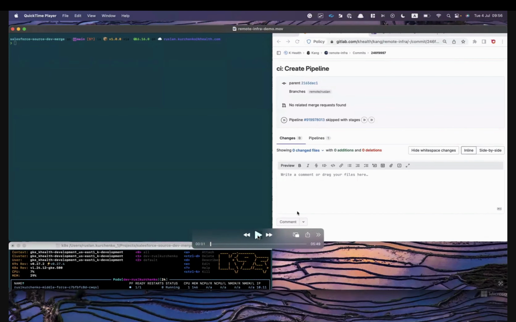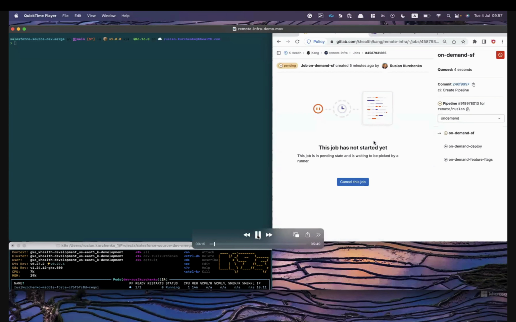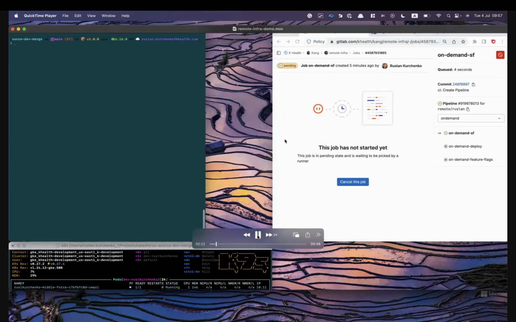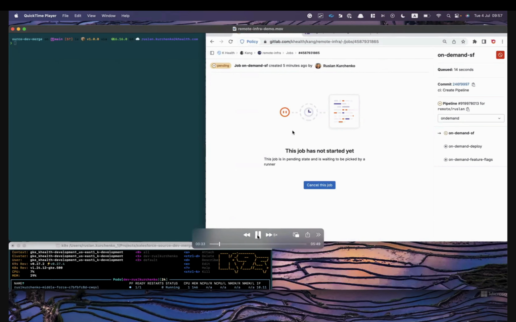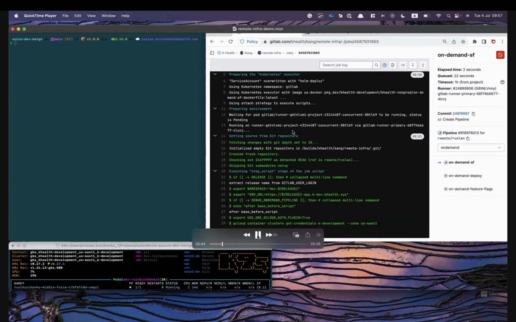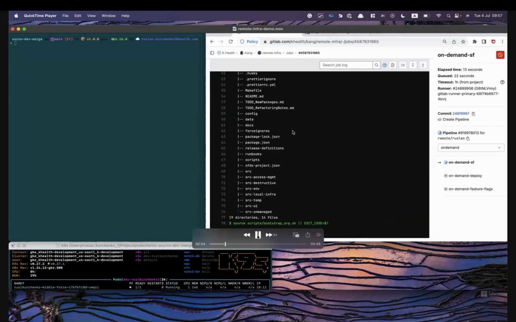Guys, I will talk about what's happening on the screen. I will try to move quicker because it's about 5 minutes. So here, on the right hand side, you can see the GitLab page where I'm starting the job, which will basically request the Salesforce on-demand environment, right? So what this job is doing is basically fetching the org out of the pool, and it deploys all the relevant metadata there.